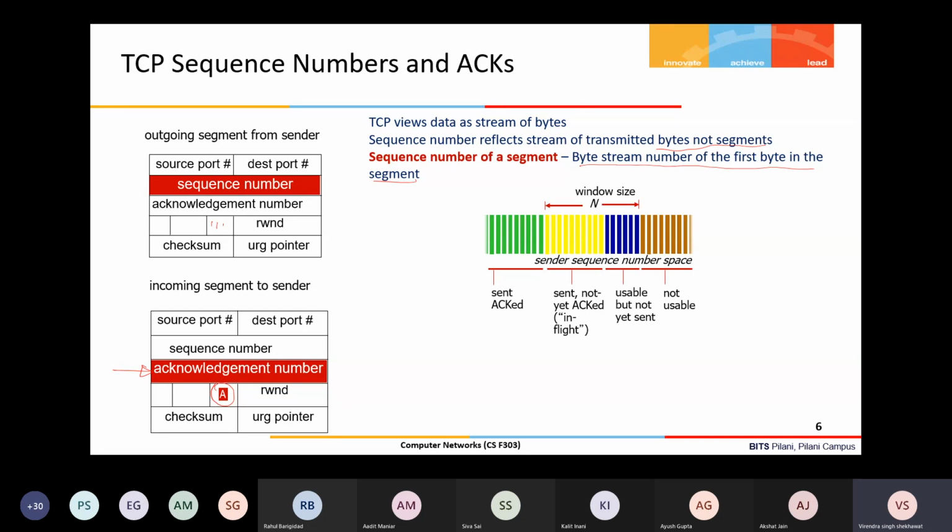How it varies, we'll learn in the subsequent lectures. At any given point of time, the green bytes have been sent and acknowledged. The yellow portion represents bytes that have been sent by the sender, but acknowledgement is not yet received. Starting from here, these are already acknowledged, so they're gone from the buffer. And blue is the next bytes which I can send, up to here, because I can only send up to the window size.